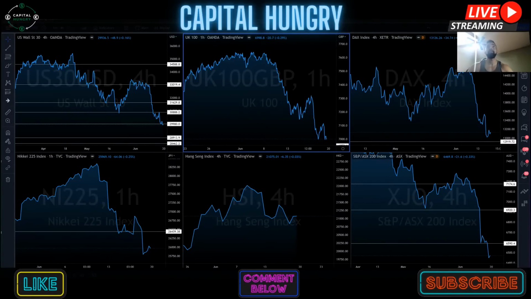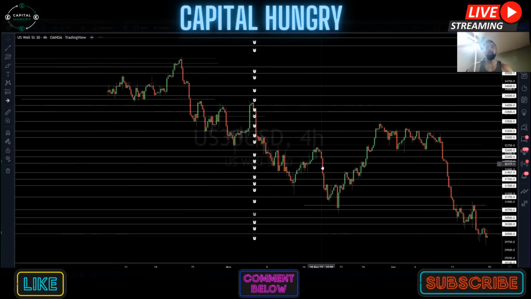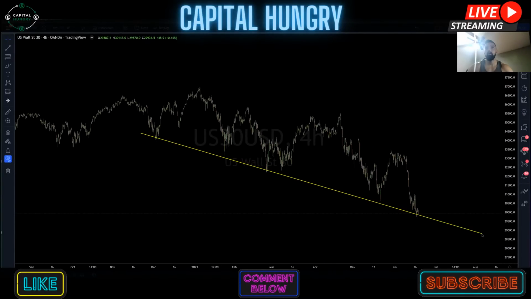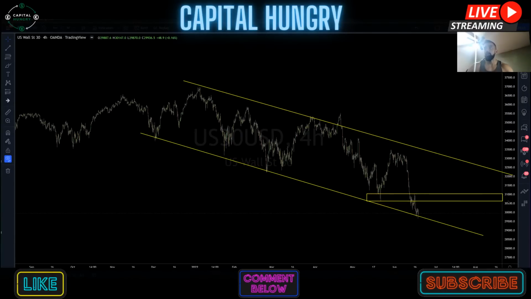So now, diving even deeper into the time frames here. When I'm looking at US 30, I'm expecting two things. If we don't break back above these previous lows at 31K, I could see, if recession scares continue to grow, that we're just going to have a short-term pullback phase in more of a continued impulsive downside move. But if we break back above the previous lows, otherwise I could see us entering a short-term pullback phase